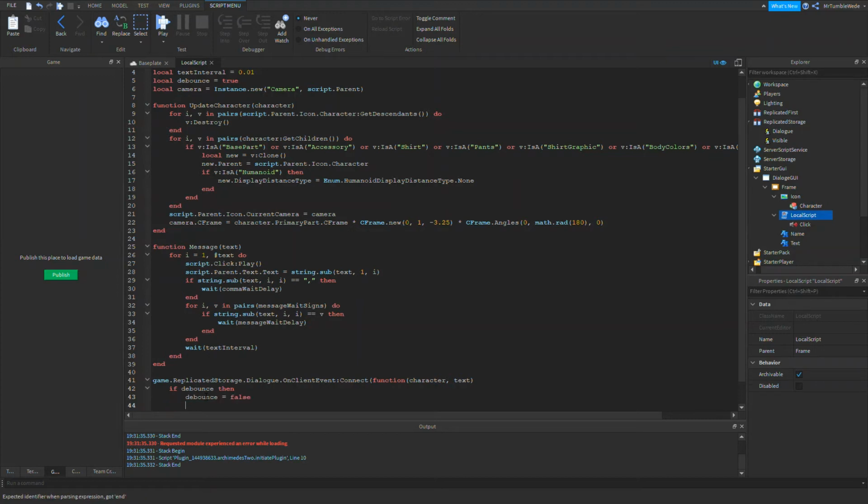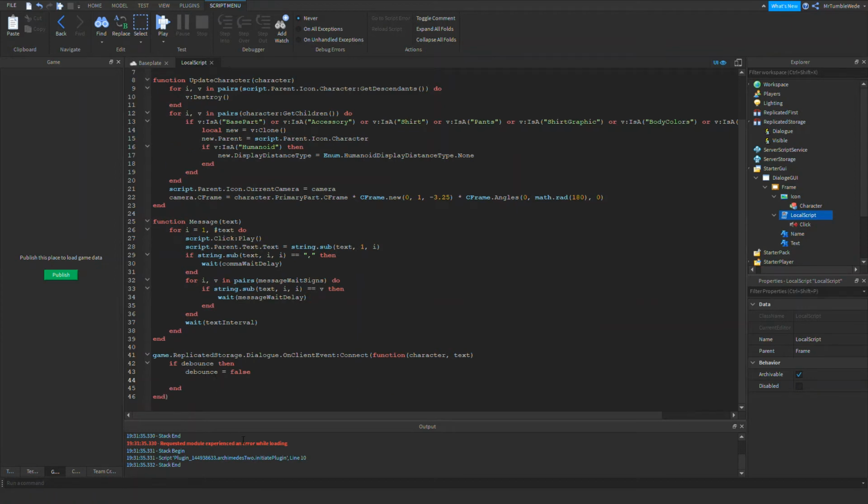You probably saw my debounce tutorial or know how to use debounce. It's a very useful tool. Okay, so script.Parent, and we have to put in FindFirstChild for name. If you didn't name this name, then you can just do a dot and then your text and stuff.